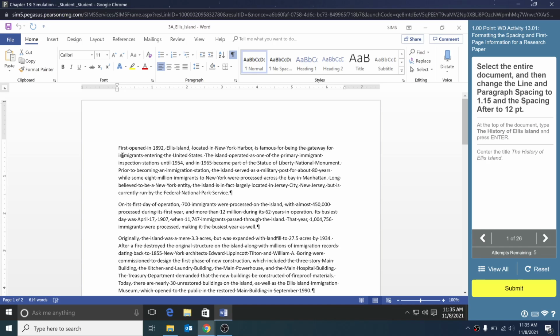I am doing Chapter 13 right now, but whether you're on Chapter 13, 11, 16, whatever, they're all going to be basically the same. So over here, it's telling me to select the entire document. Now you could click and drag and click it all that way. You could hold Shift and select it that way. For me, the easiest best way is Control A. That just selects everything. Then it wants us to do line spacing to 1.5 and then spacing after to